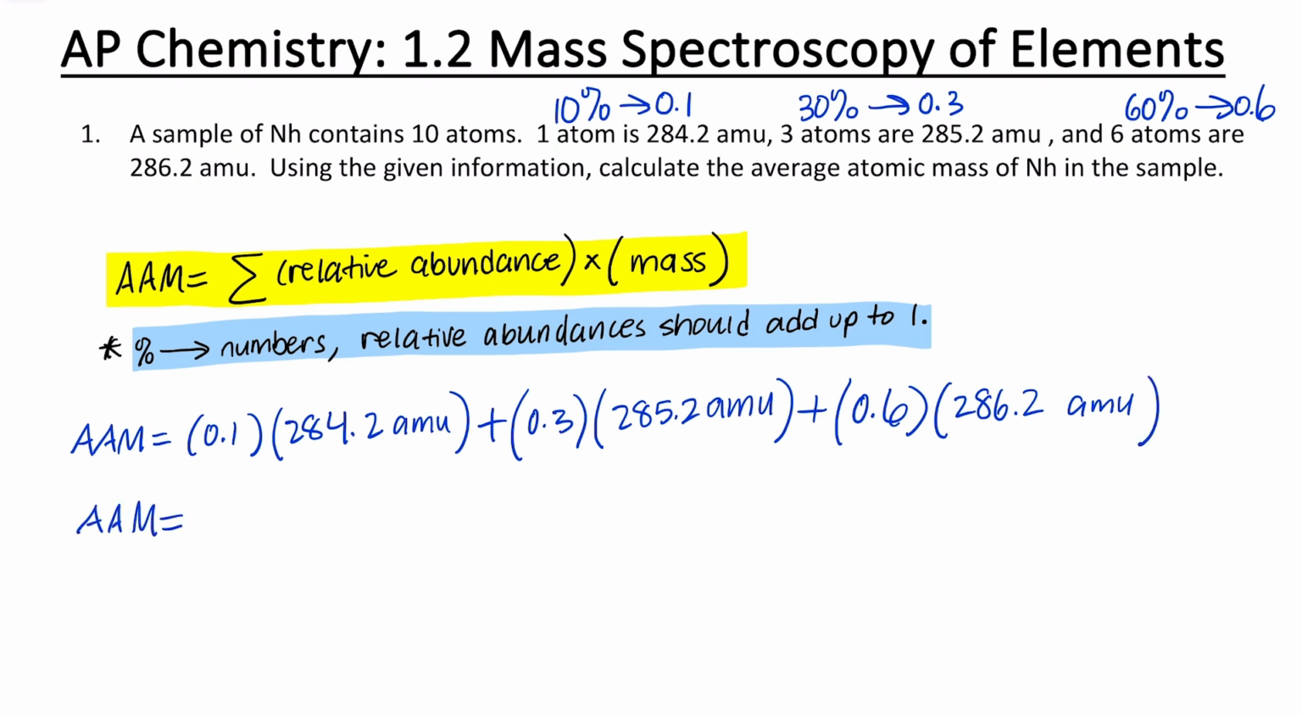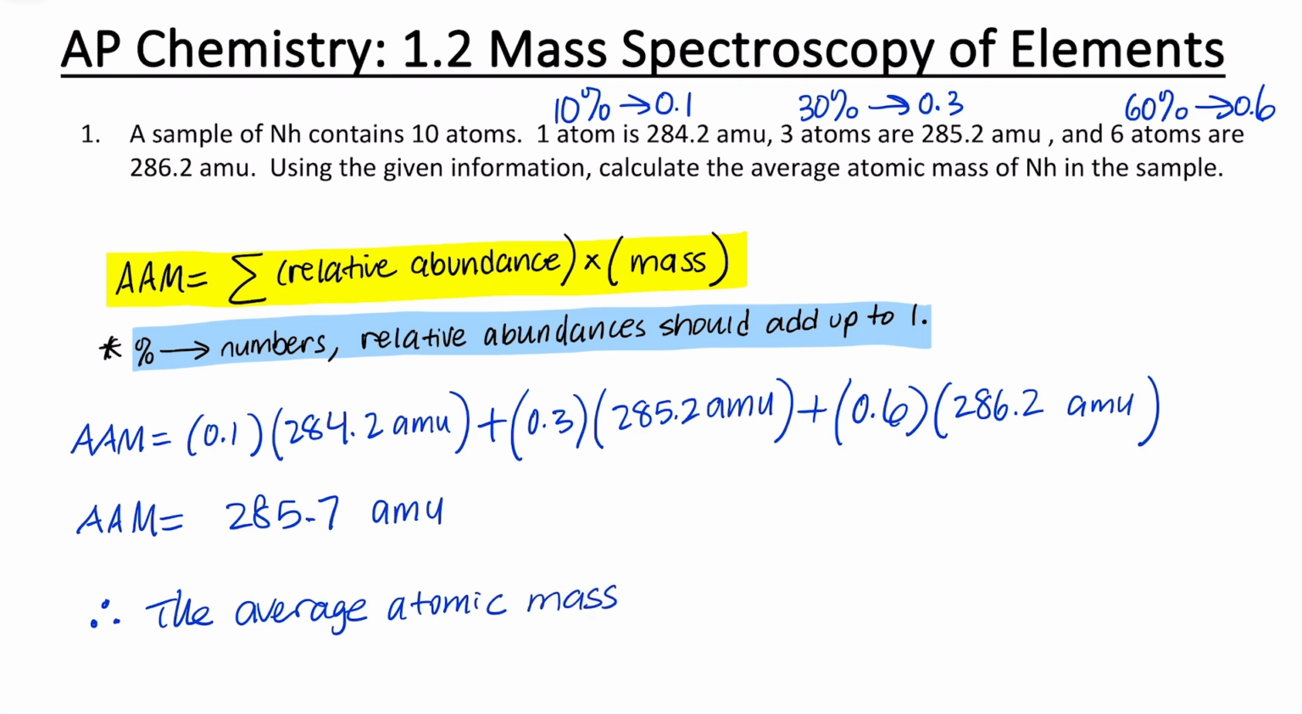Perform this operation on your calculator. You should get 285.7 AMU as the average atomic mass for nihonium. So you can write a therefore statement. The average atomic mass of nihonium in the sample is 285.7